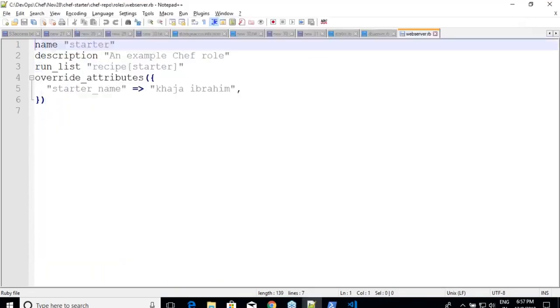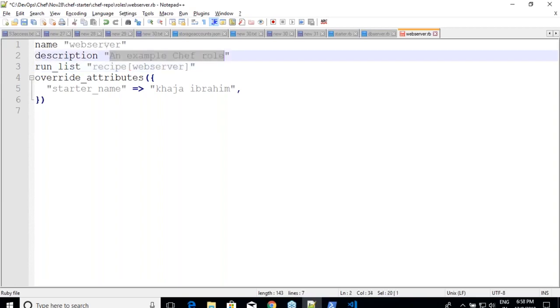I'll edit this and I'll call this name as web server and the recipe is the one we have created. The run list is the recipe, and if you want to add multiple things you can put a comma and continue. As of now I have only one item in my run list, but actually you might have many. It is okay, right? So it is a web server. Simple? Yeah. And you can put as many items in this run list as you want.